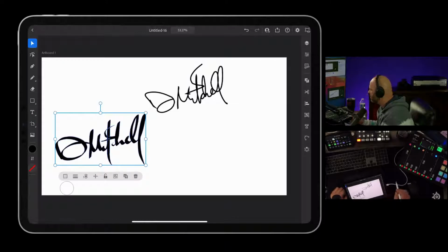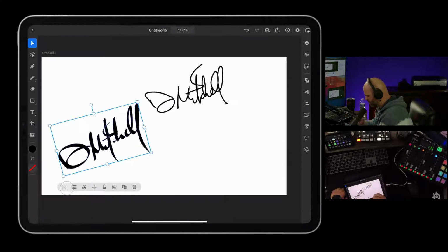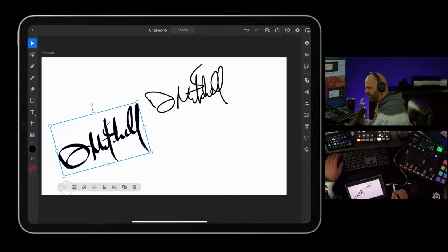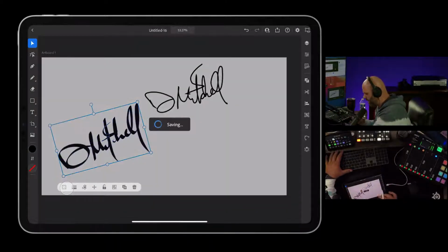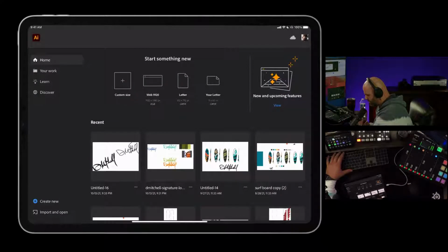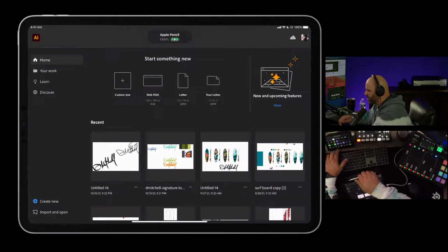Oh, you know what else? I've got one more thing I need to show you guys. Let's jump back over onto the desktop for a second. I'm going to go ahead and step back. So we've got this Untitled 16 document here. So if I jump back over onto the desktop,